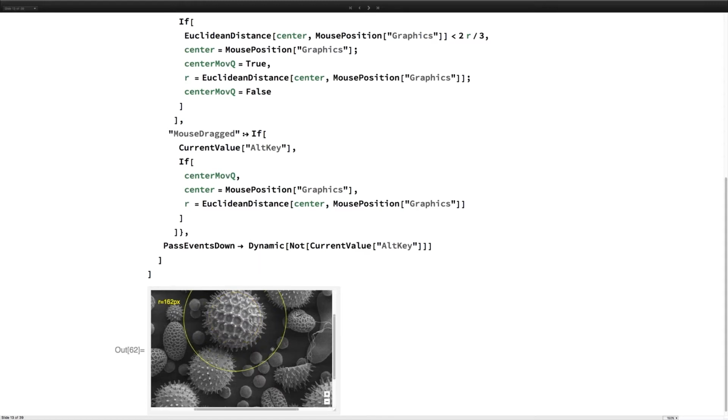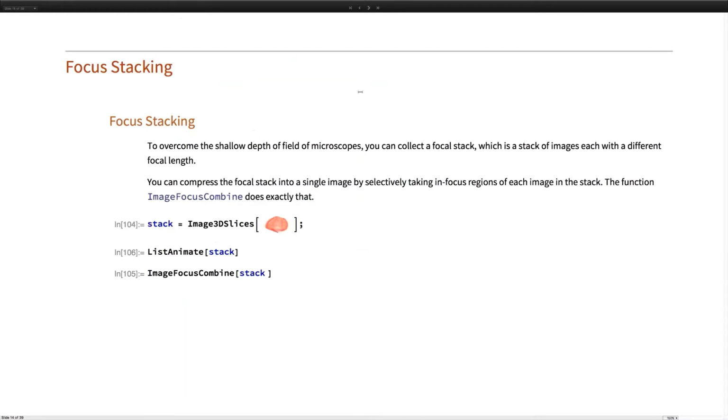I can alter the radius and take here, for example, a radius measurement on this particular pollen that tells me, in this case, it's a radius of 92 pixels, which I then, knowing the pixel size, would have to be able to translate into the actual size of the pollen. Now, this is quite often necessary, so if you have some manual tasks that you'd like to do, this would be a way to install it in Mathematica in the GUI. Okay, so much for interactive